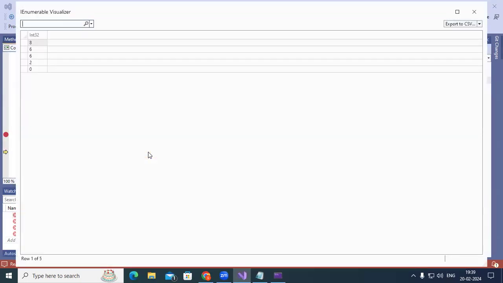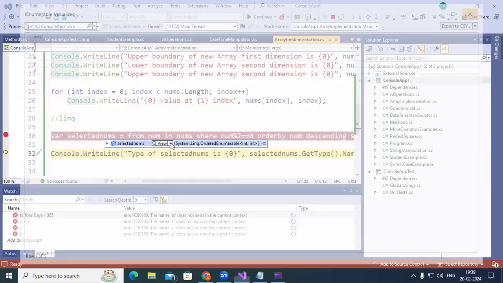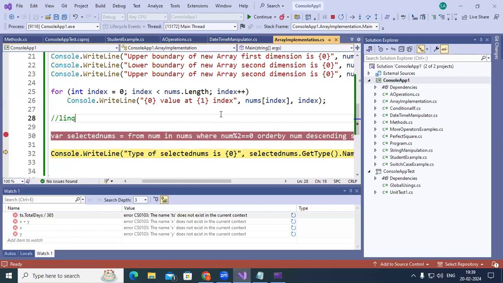It's giving only 8, 6, 6, 2, 0. You have only 5 elements in this. Of the 7 elements, you have only 5 elements because it's getting sorted here. We have sorted as well as filtered here, where num percent 2 equal to 0 we have taken. Instead of num percent 2 equal to 0, if you go like this,